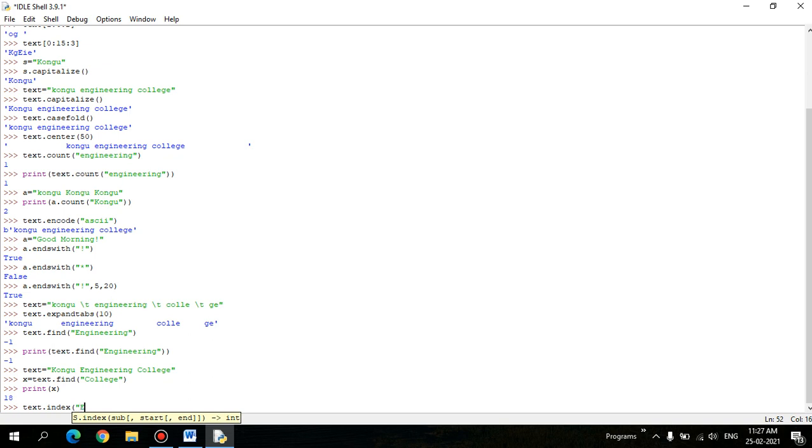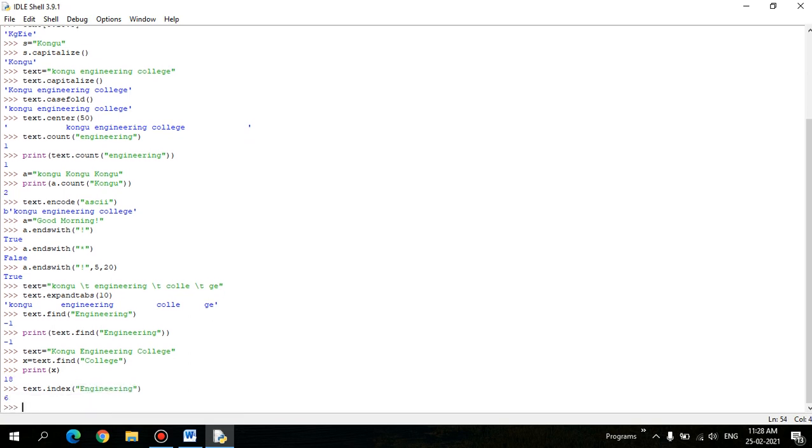Let's search for, let's take, yes, so engineering returns 2. So it is almost similar to the find function, right? Find and index are going to be almost similar, because there find returns an integer value, and it has to be taken into an integer variable and then printed, whereas here it directly prints, right? So text dot index searches for the index of the given string, right? Okay, next one is text dot.